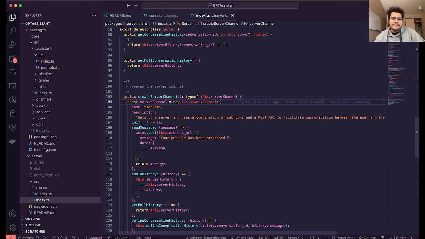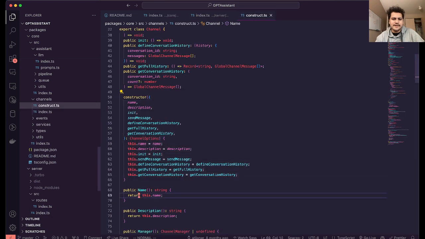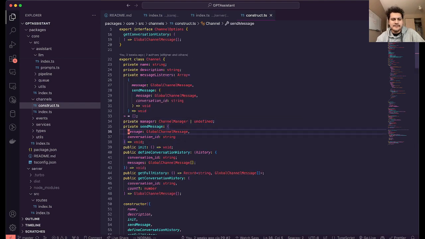But you take the assistant.channel class, you configure it, you give it a name, you give it a description, and then, as per the channel constructor, you have to define a send message, a define conversation history, a get full history, and a get conversation history method. You have to define all of those, and they have to fit these